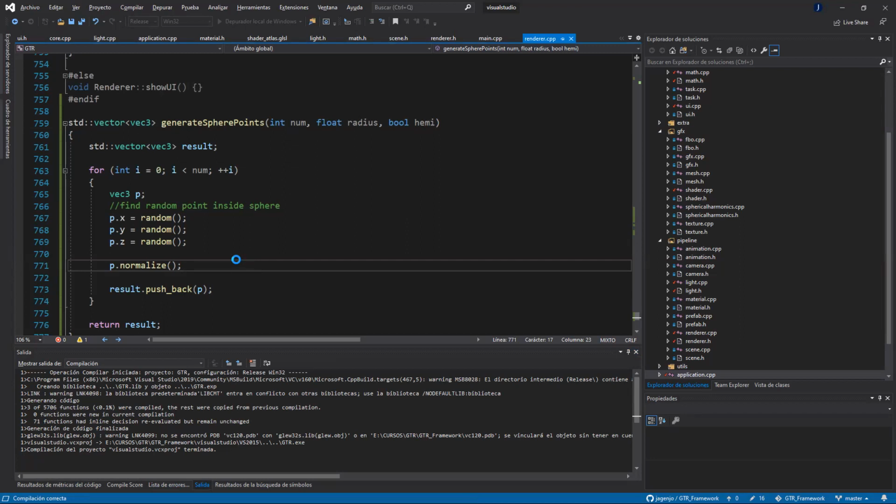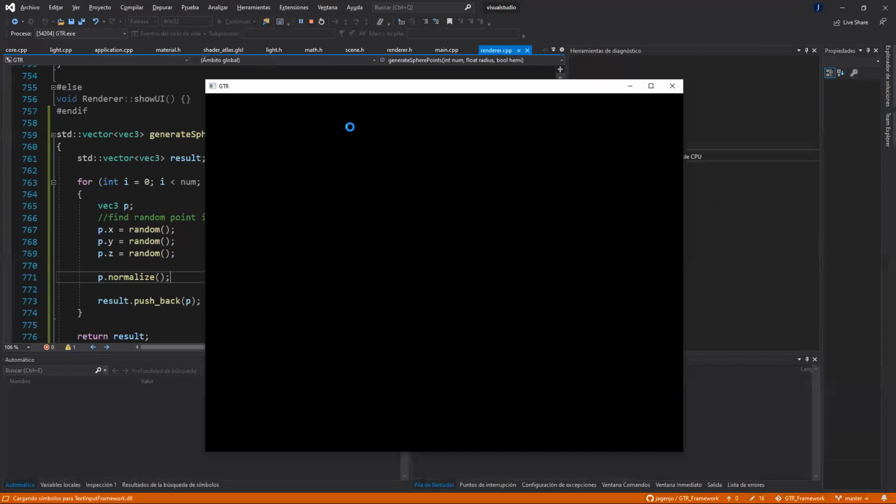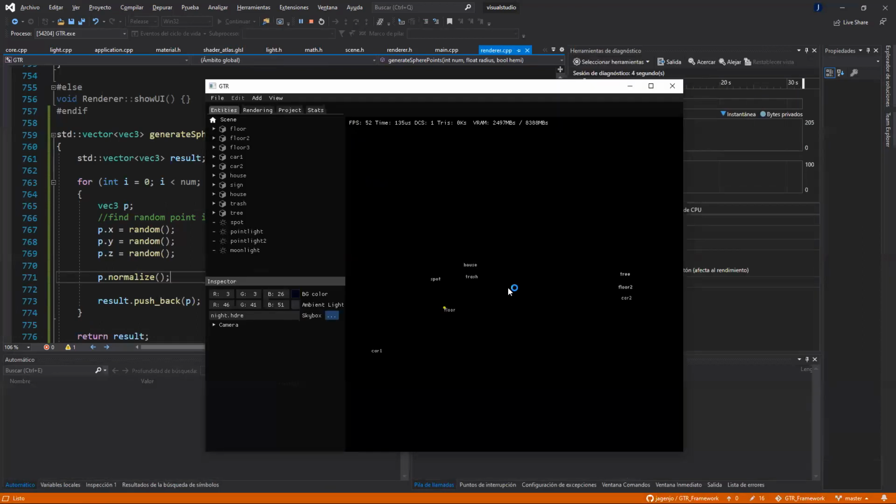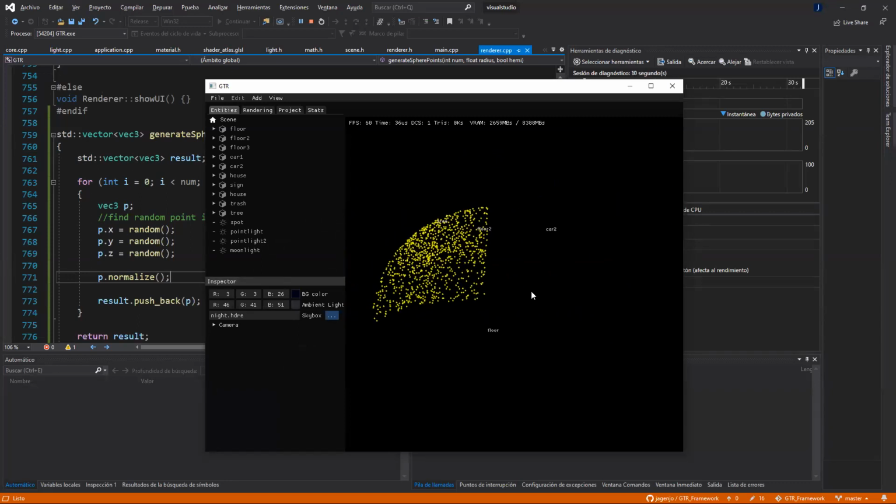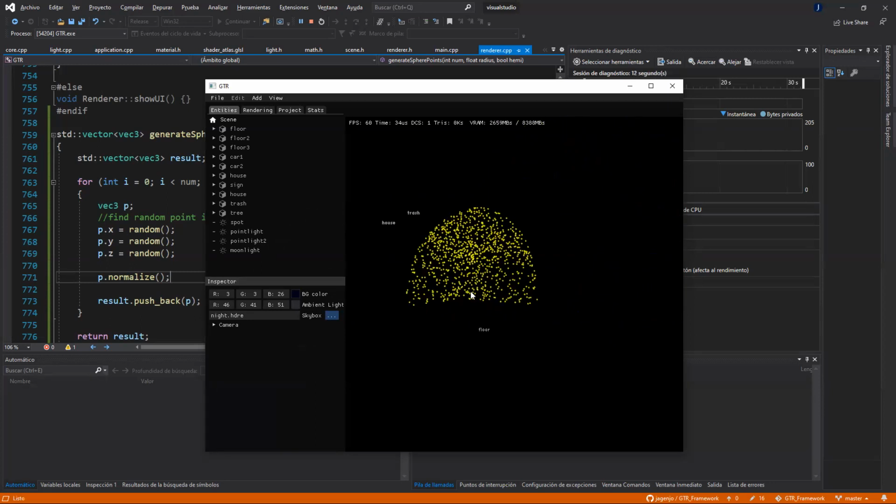For now, obviously, because I have normalized it, I didn't take into account the radius. You're right, because it should be multiplied by the radius. But if you do that, you're not going to get a point inside the sphere. Okay, you're going to get points from... Oh, what's going on here? This lost. Oh yeah,